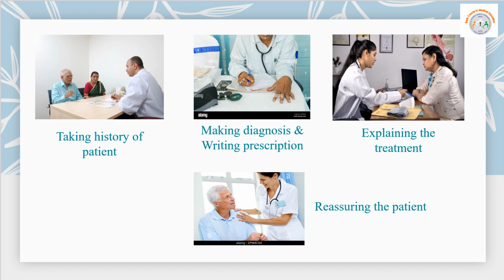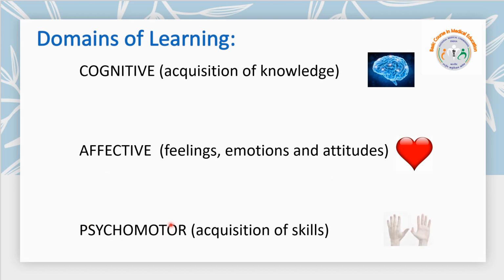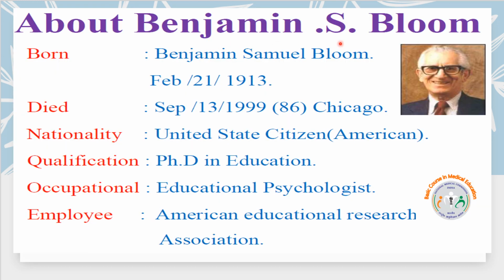What are those? One is the cognitive domain, that is the acquisition of knowledge. Domain 2 is the affective domain, that is feeling, emotions and attitudes. And domain 3 is the psychomotor domain, that is the acquisition of skills. Benjamin S. Bloom actually proposed the cognitive domain. He was a citizen of the United States and he was